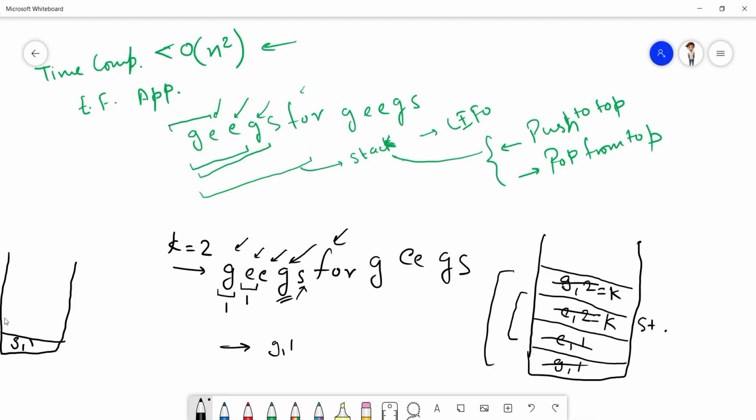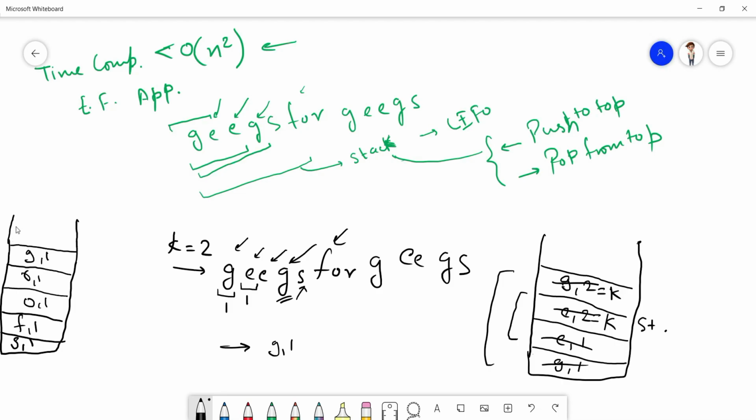Now we come over to F and push it again to the stack with value 1. Same for O, because it is not equal to the top of the stack. Same for R. Now we come over to G and we see that G is not equal to the top of the stack, so we will push it with the value 1.